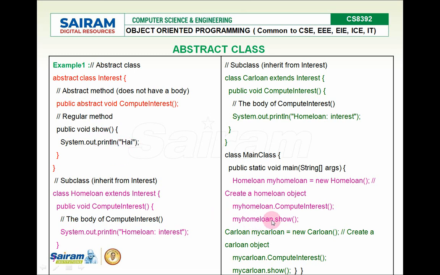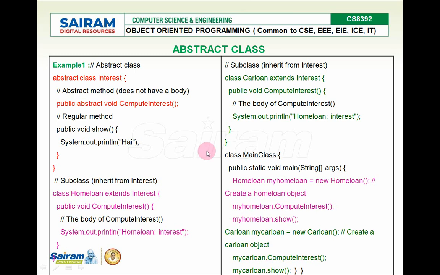So I'm calling the show function from the base class, which belongs to my HomeLoan subclass. Similarly, for CarLoan, I'm creating the object and calling the computeInterest abstract method, which is implemented in this subclass CarLoan. So CarLoan computeInterest was called here, and similarly the show function, which is inherited from the base class to the subclass CarLoan, was called over here.